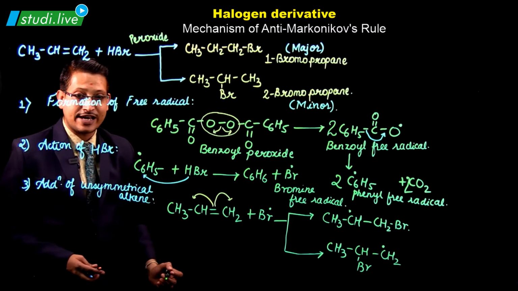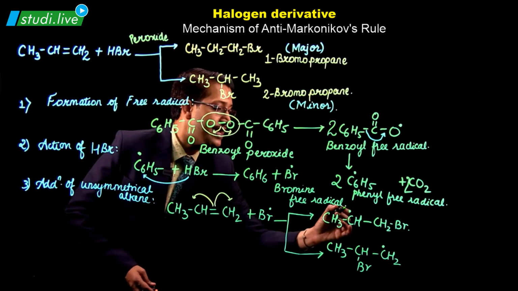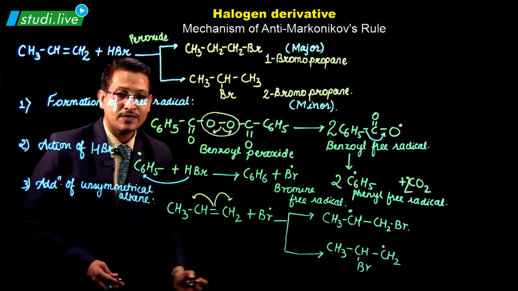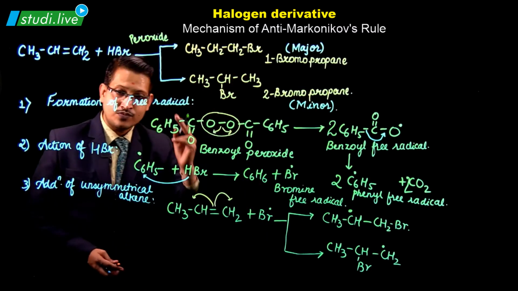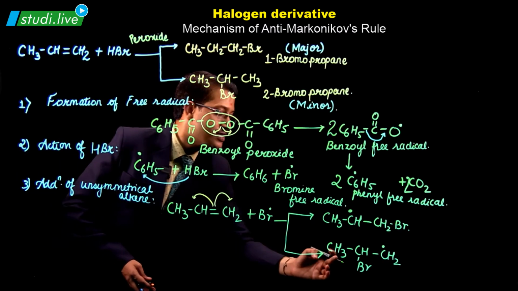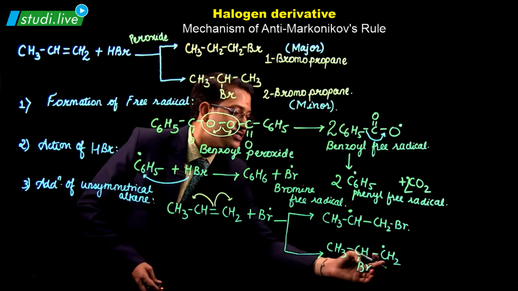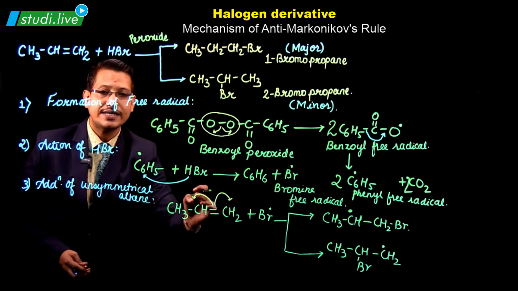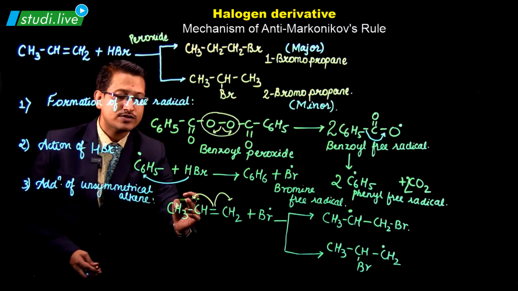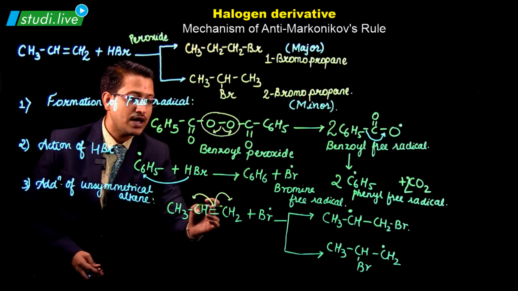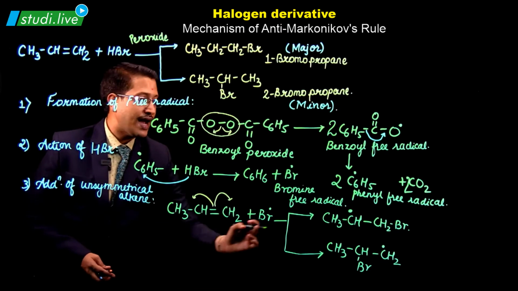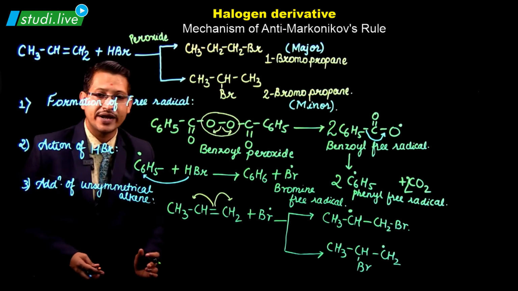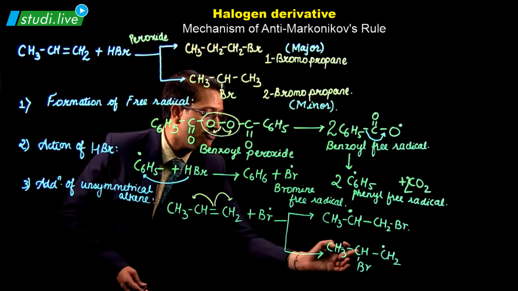Now again, see this carefully. CH3, CH with one free radical here and CH2Br. The other possibility is CH3, CHBr, CH2 with a free radical. This happens when the electrons are distributed on either side. One electron can go to the CH and one electron to the CH2 group. And that is how this bond will undergo breaking, and it will give you the formation of free radicals.